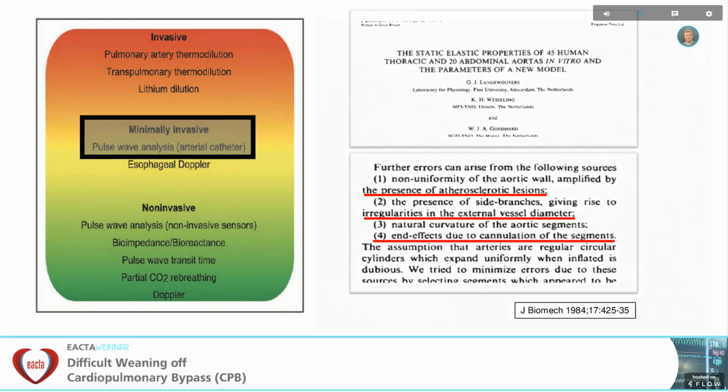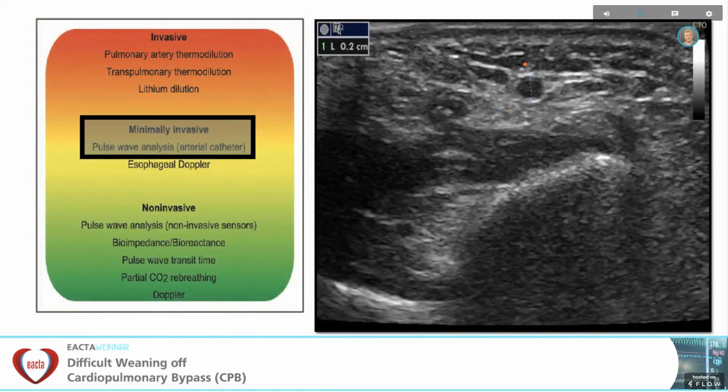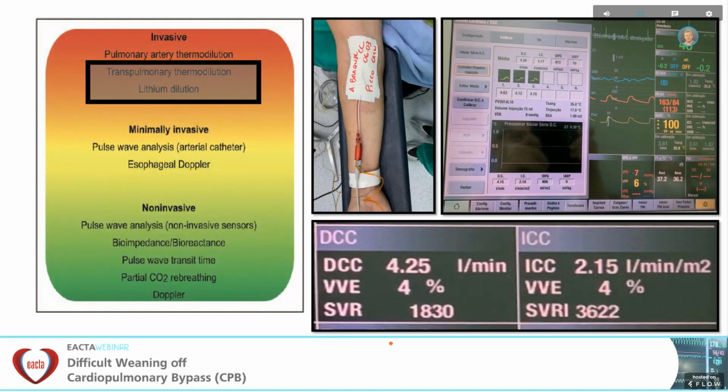It's the kind of patient that we have in cardiac surgery, with plaques, with limited area or diameter of the arteries, and tortuosities that sometimes impede correct measurements. And for transpulmonary thermodilution or lithium dilution, I'm going to explain a little of